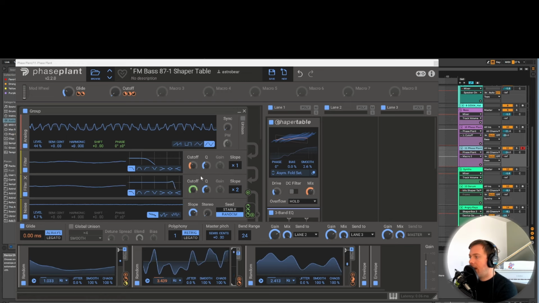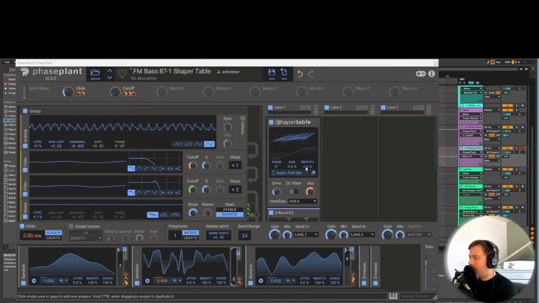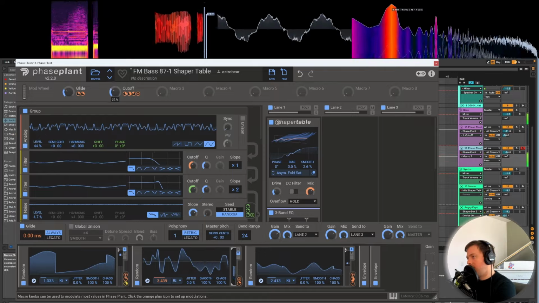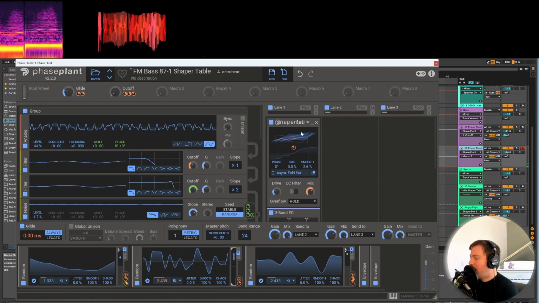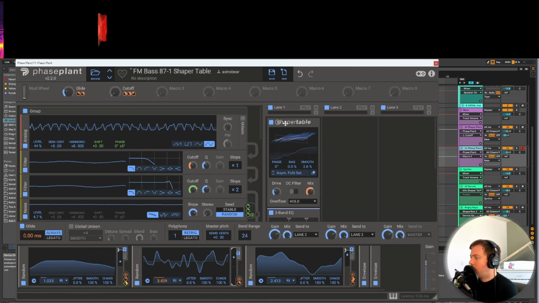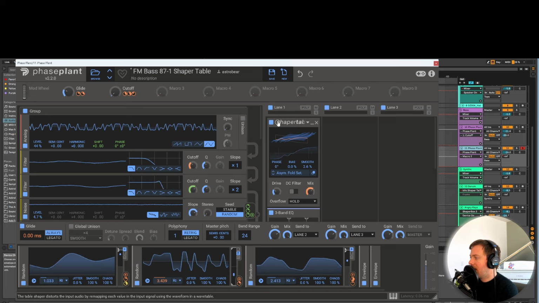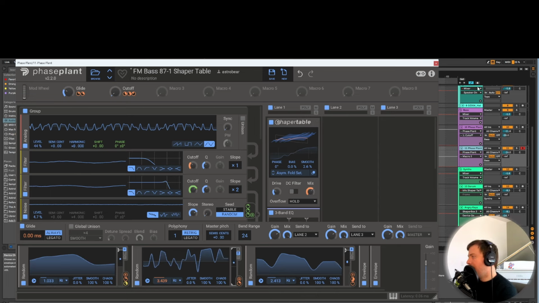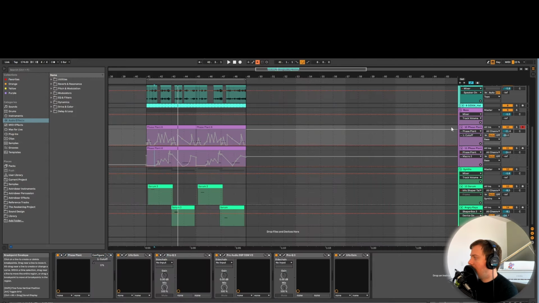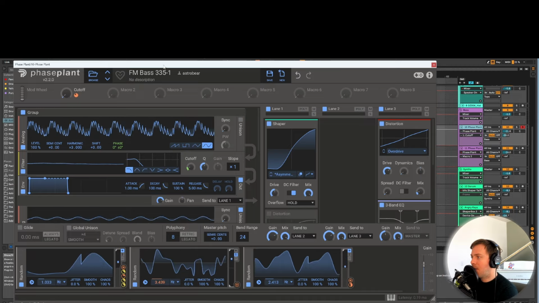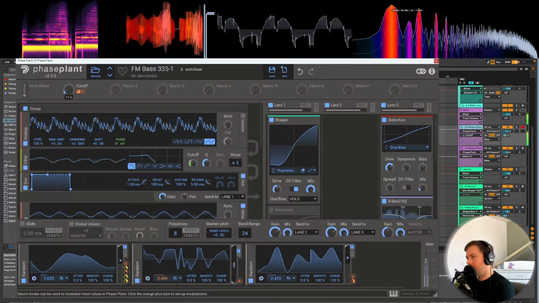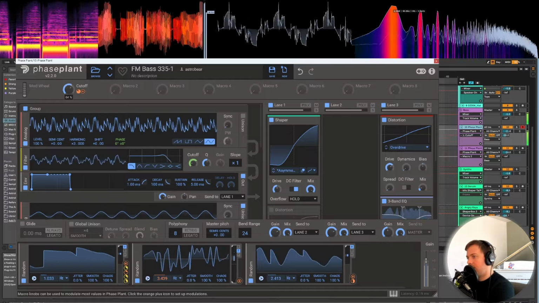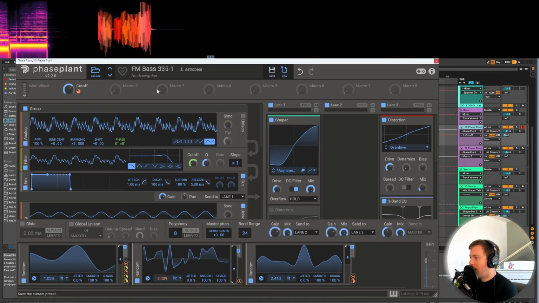All right. Let's start out with a practical example of using a wave shaper to create a sick FM bass. And for this first example, I'm actually just going to very quickly go over what's going on, and I'm going to focus on this shaper table plugin, how it's molding the sound. But if you stick around to the end of the video, I will go over how to walk through everything in this patch so you could build it from scratch. So yeah, stick around to the end and we'll go over how to make all of this type of FM